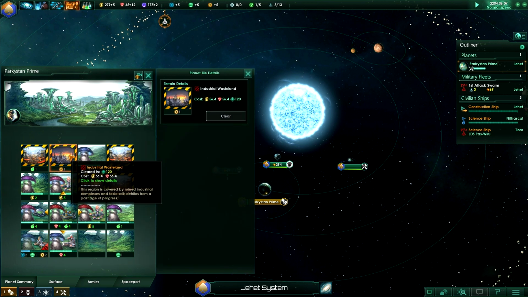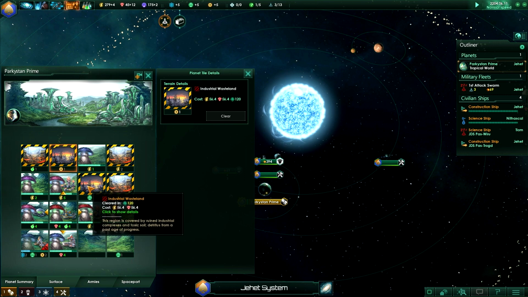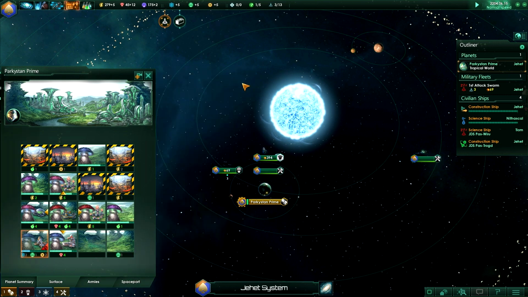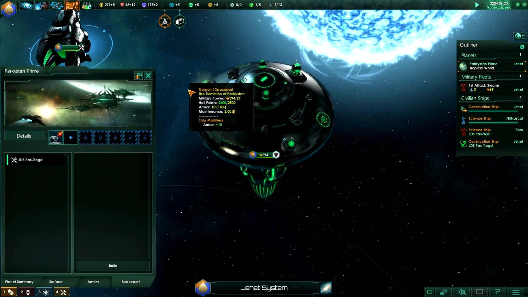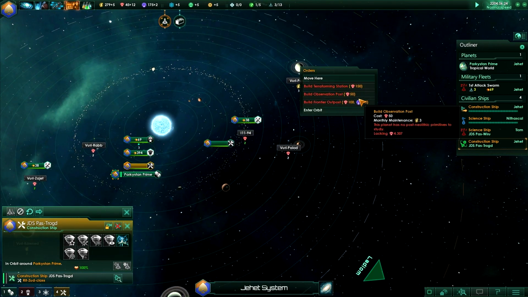Okay then. Should we start clearing these things? I don't think we really need to worry quite yet. Got some more social research stuff we can place down. Nah, I think we're fine. Okay. What is this? Construction ship finished. Wonderful. So we've now got a second one of these that we can start sending over here to build...